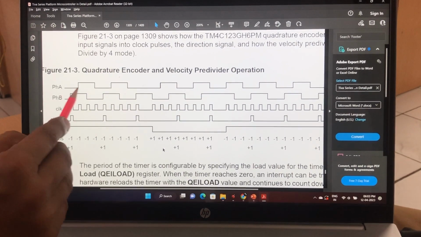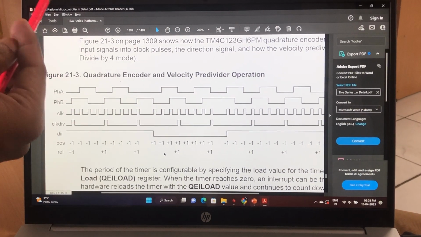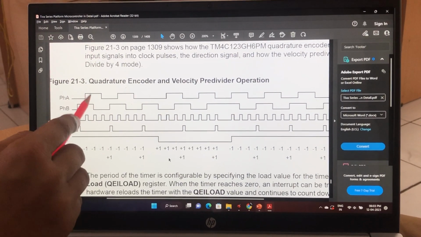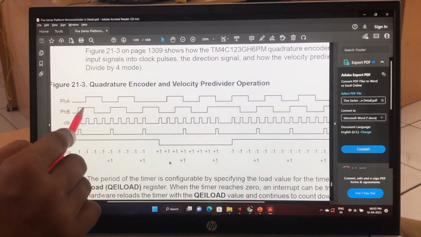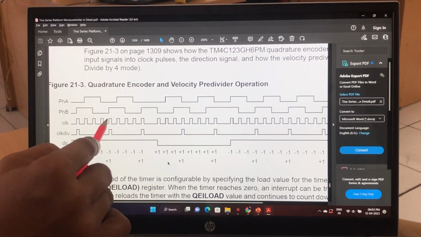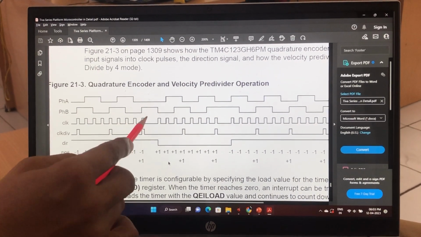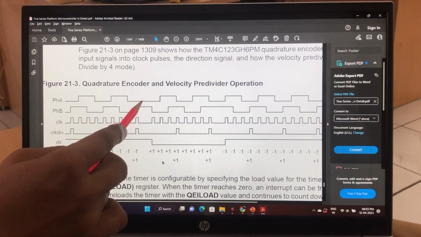So you are getting 4 pulses for one particular position rotation because of these 2 pulses, hence it is called quadrature. The quadrature encoder gets the phase A and phase B pulses and it produces the 4 pulses continuously as you see here. Now at this point, you see, if you are changing the direction,